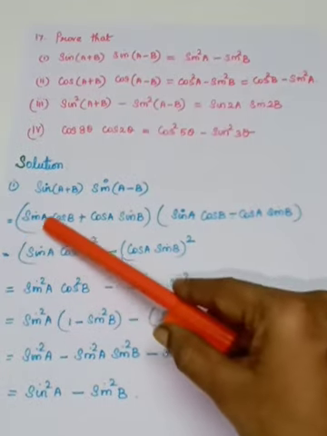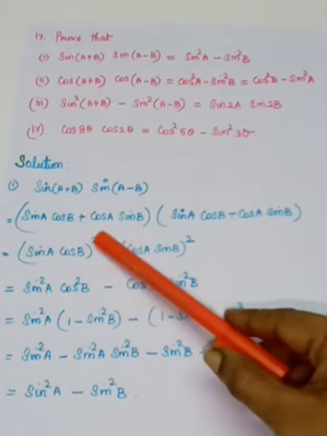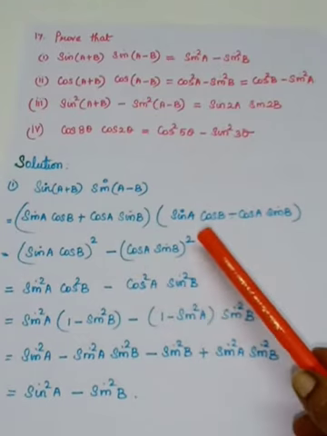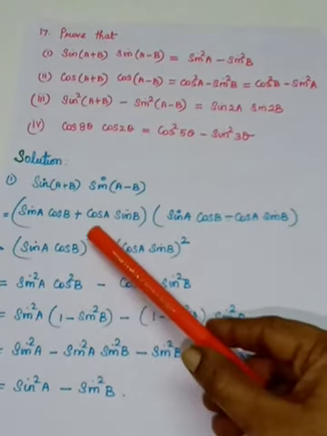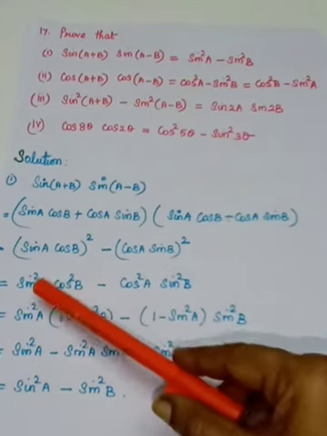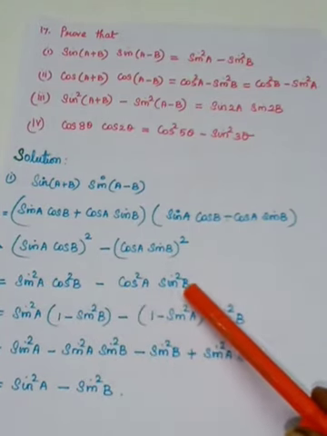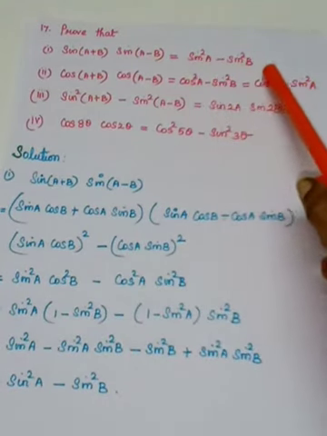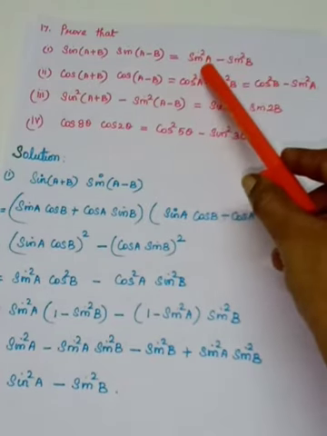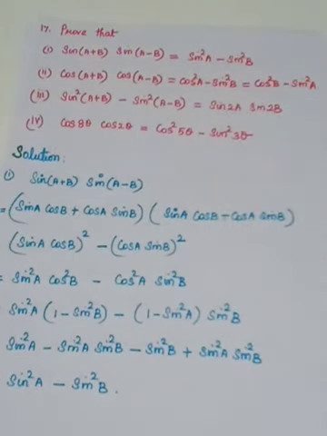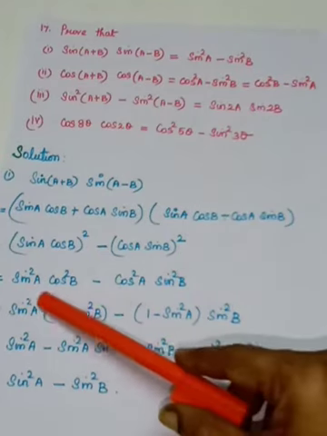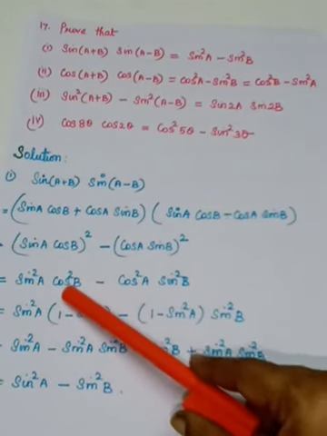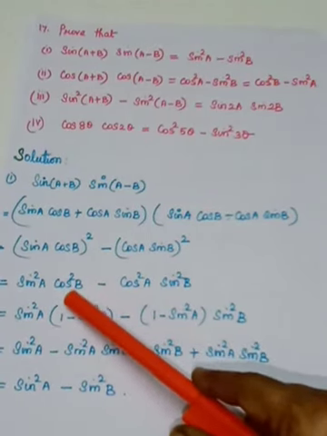So in the place of a, what you are having? Sin a cos b the whole squared, minus b squared. In the place of b, you are having cos a sin b the whole square. So they are in multiplication, so you have to square separately. Sin squared a cos squared b minus cos squared a sin squared b. And you see the result. So in the result, what we have to prove? It contains only sine terms, sin squared a minus sin squared b. So all the cosine terms have to be changed. So you know the identity.